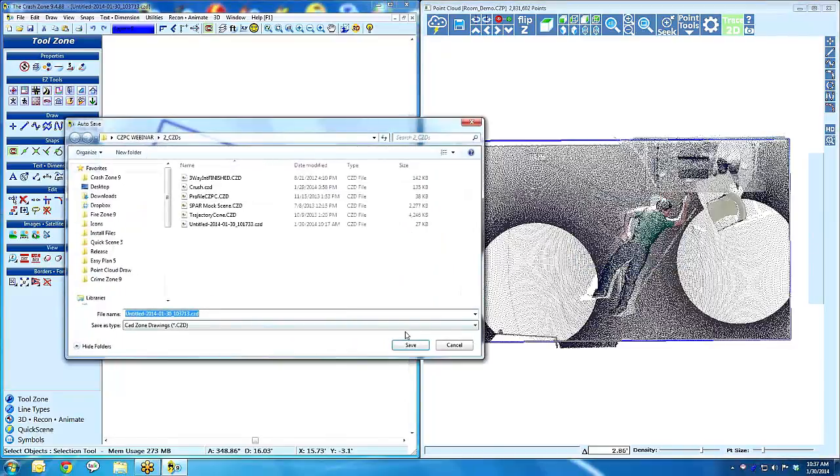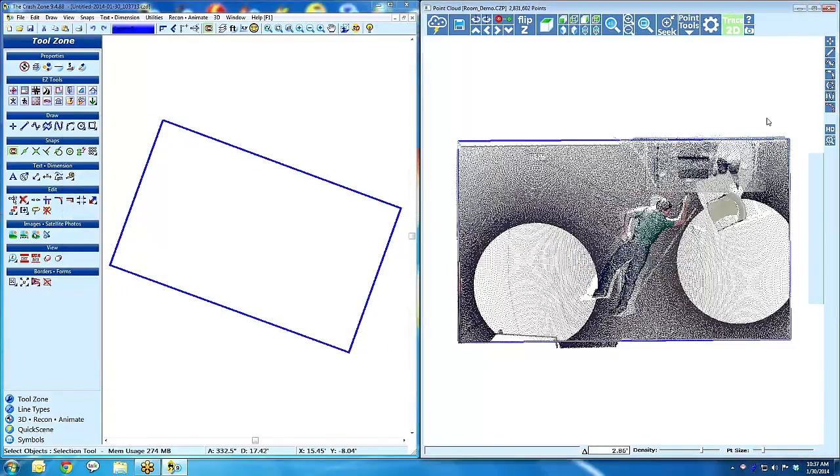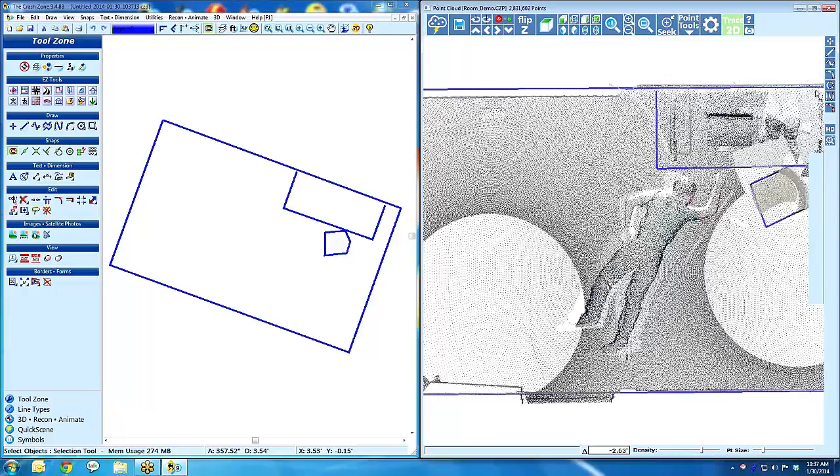I'm going to save this. Yep. Now I'm going to quickly outline this table. I'm just going to go fast, and I'll outline this chair just to get a general layout of it. You can see I just want it for my symbol placement. And now the body,